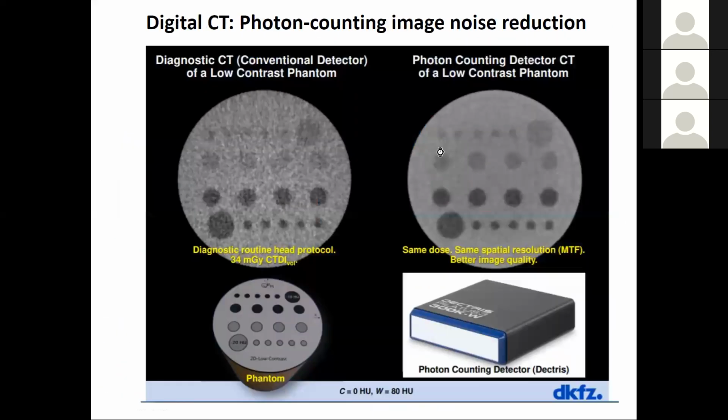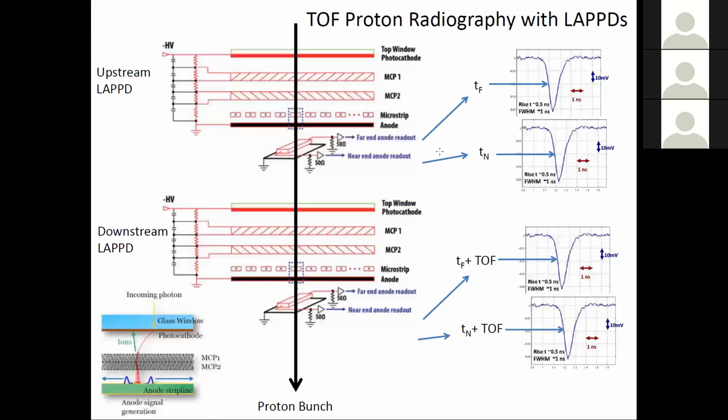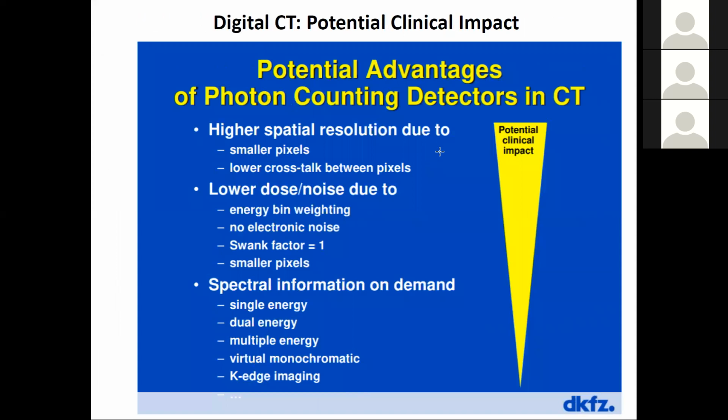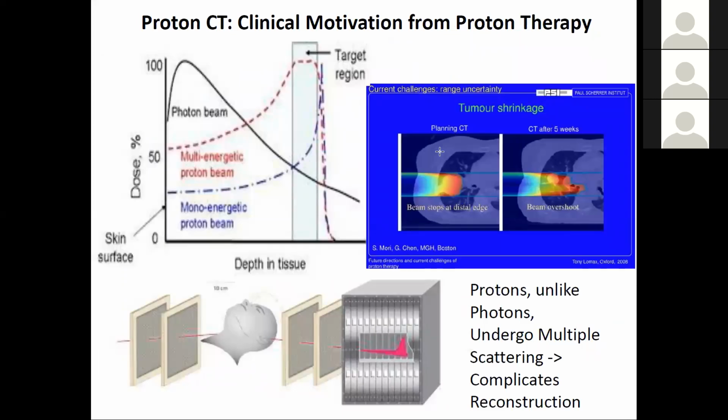Here's protons, you know, at the end, right? So here's the idea with protons. You're trying to deliver a beam that stops at the end of the path, because unlike X-rays, which are exponentially attenuated, protons go through multiple scattering, having dE/dx ionization as you go through until the very end. So you intentionally have a beam of protons which are all the same energy, so they stop at the same distance in. You get what's called a Bragg peak. So you're basically making a knife that cuts on the end. And in order to make it cut at the right place, you need to make it stop at the right place, which means there's concern about